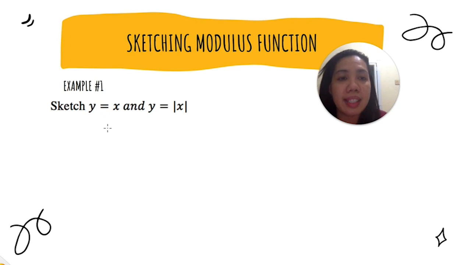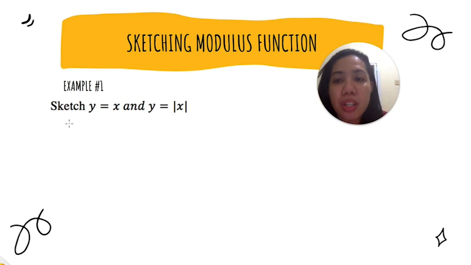This function is a linear function because this function has the degree 1, because the highest exponent of this function is 1. So this is actually a linear function, and for linear function we just need like two points, and then when we link those points, we have that graph, we have that sketch of y equals to x.